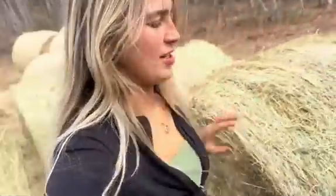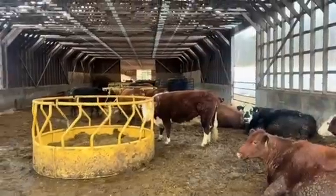Them on the round. That way the water doesn't seep into the bale and completely ruin it. That way just the outer layer. Ladies, this front feeder, they still have a little bit more than I'd like, but you know, the end of the day's coming and we're just...